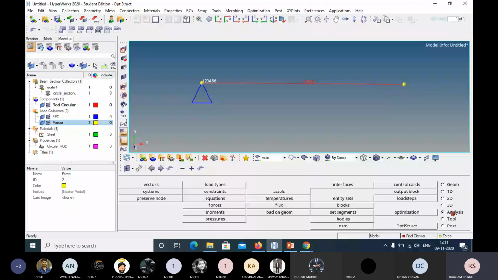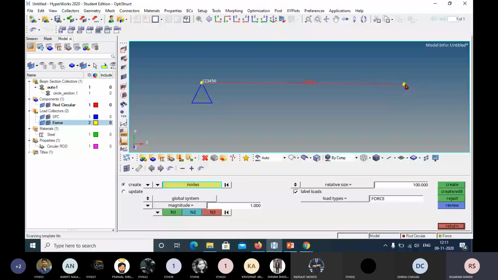For application of the force, again in the analysis page, select forces. Now select the node here. You see this global coordinate system, your force is in x direction, am I right? Now you have to enter the magnitude of the force here, and for direction there is n1, n2, n3.